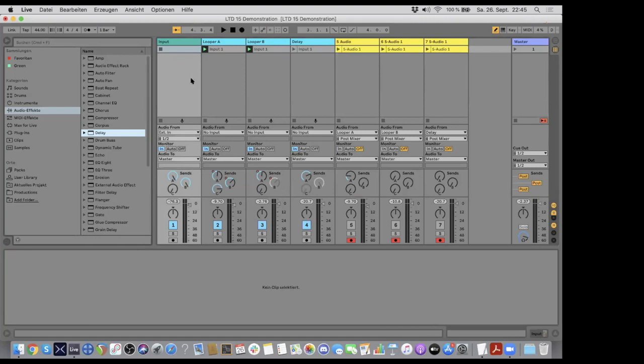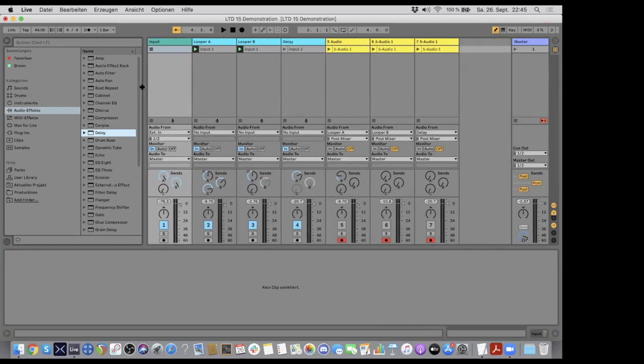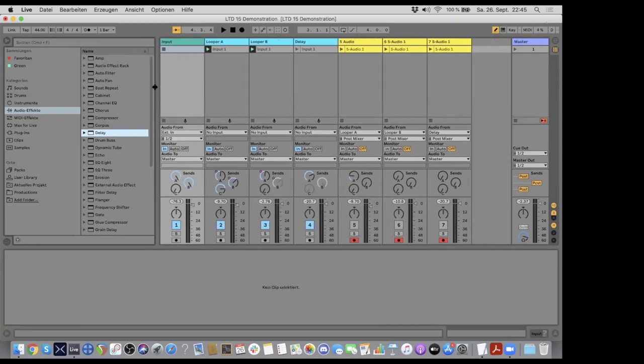The user interface, I think it is good, but the learning curve was pretty steep. I started in 2002 or so, a long time ago, but it took me a long time to even understand the concept. I have no need for this sample manipulation and quantizing and stuff. I mean, I could use the quantizing sometimes, but